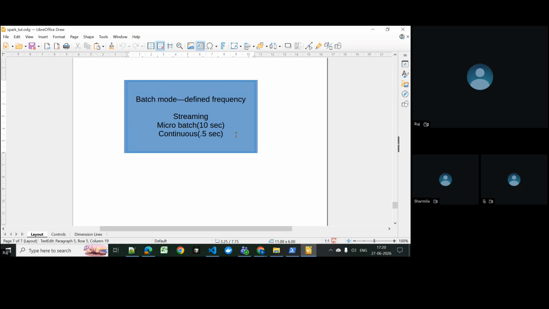Some of the pipelines are ingesting every one minute. Some are updating my branch table every 30 seconds, but the data that we are consuming is coming every 5 seconds or 10 seconds maximum. Even for continuous streaming pipelines, we are mainly maintaining a 5 or 10 second micro batch